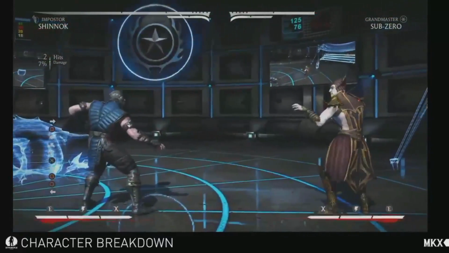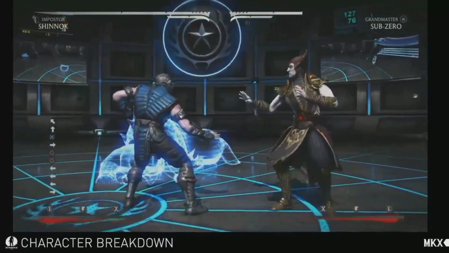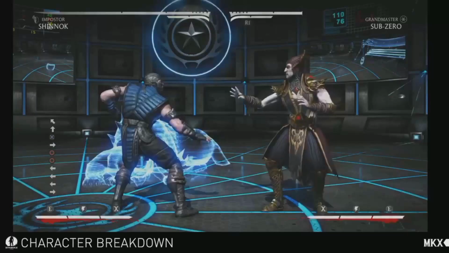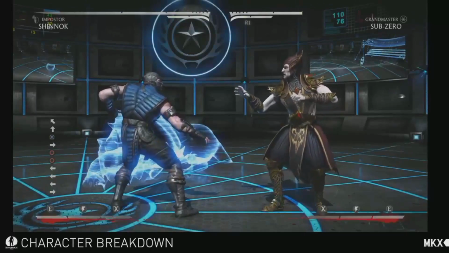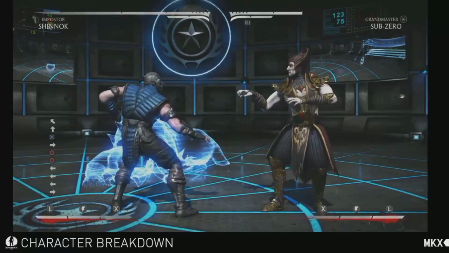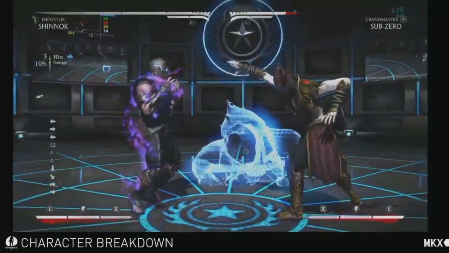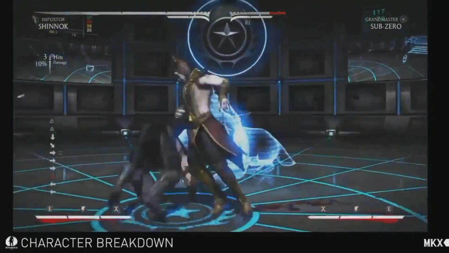And then every character he steals a different move from. So if you play as Imposter Shinnok, it'd be best for you to learn different combos for every single character you play. And it's going to be very matchup dependent, where sometimes Imposter will be very good in some matchups, and in other matchups it might not be as good. But for the Sub-Zero example, you can combo into the move steal, and then now I have a stolen ice ball,